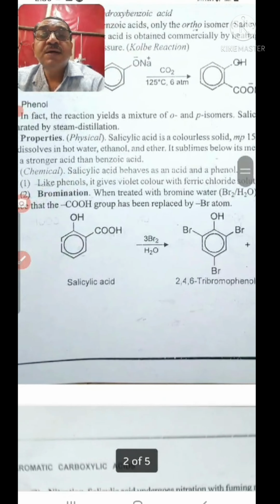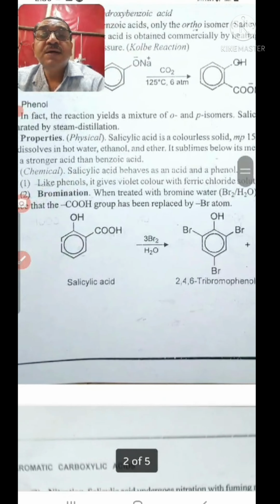Four reactions are given in the syllabus. One is bromination, then nitration, decarboxylation and reaction with zinc dust. Now let us see the first reaction from the chemical reactions. When we treat salicylic acid with bromine, we get the tri-substituted product of this salicylic acid,